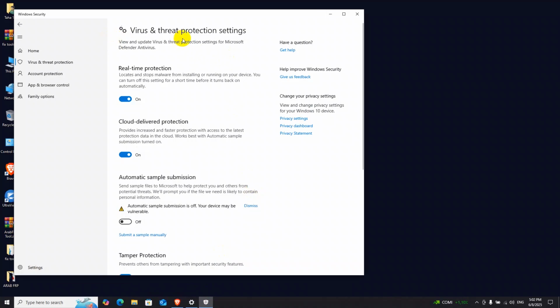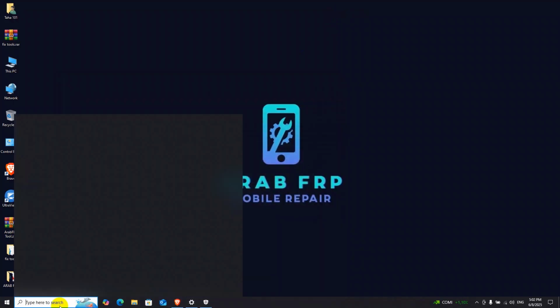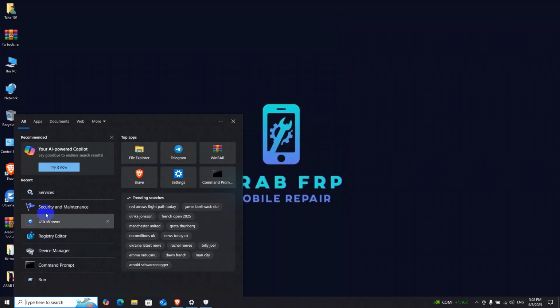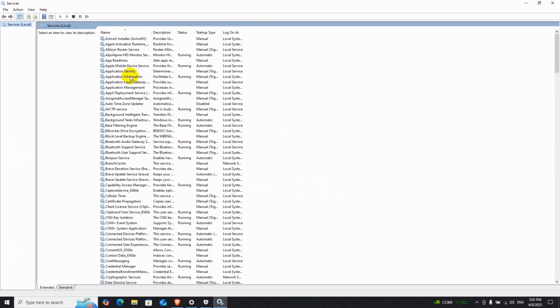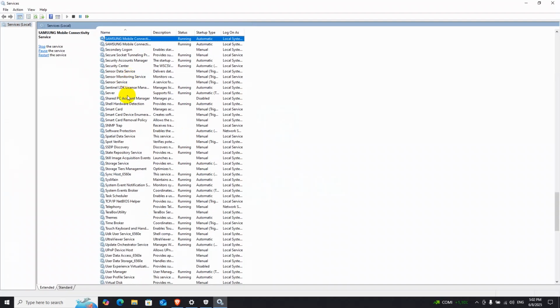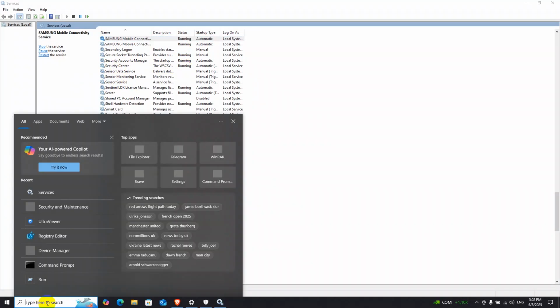But sometimes you will face a problem that Windows security doesn't work. So here you have to go to the search box and search for services. In services, tap on any entry and press a letter key on the keyboard to slide down, find security center, and check its status. If you find it running, that's fine, but if you find it disabled, you have to